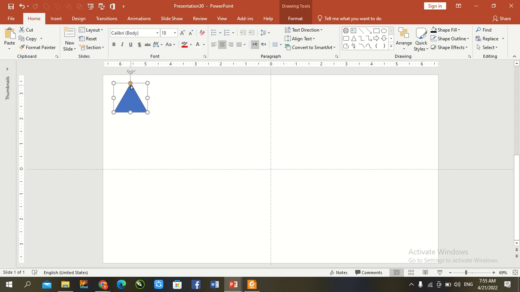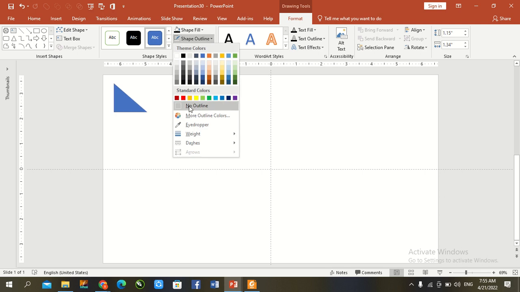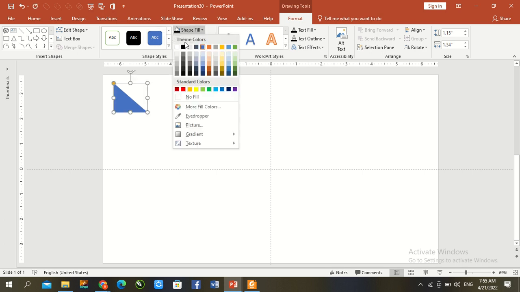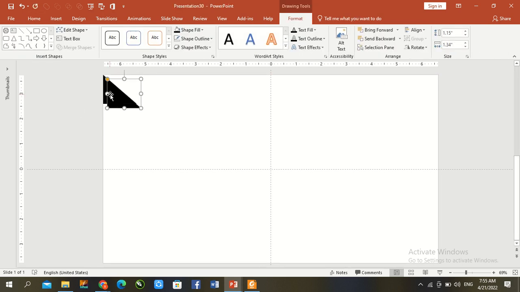Now go to the yellow dot and rotate it. Format, outline, no outline, and fill the shape with totally black color. Go to the right side top corner, Control D,